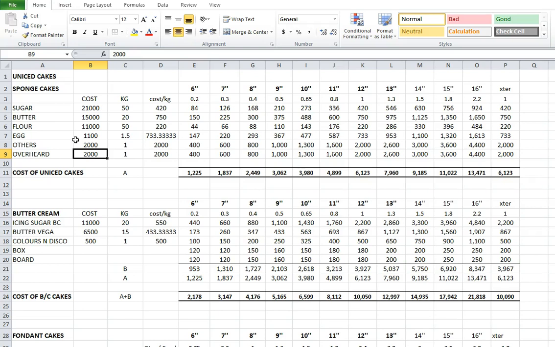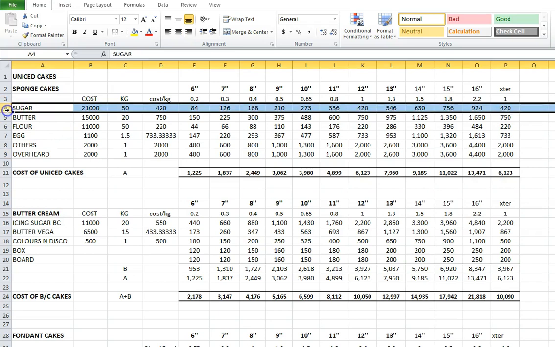that I sell. So if I sell a cake as little as 6 inches, a portion of my overhead goes into the pricing of that cake, so that at the end of the year, I will be able to pay back my rent, and I'll be able to pay for all those expenses that I incur, even if I am not making any sales. So now I'm going to explain to you how this works. So for sugar now,